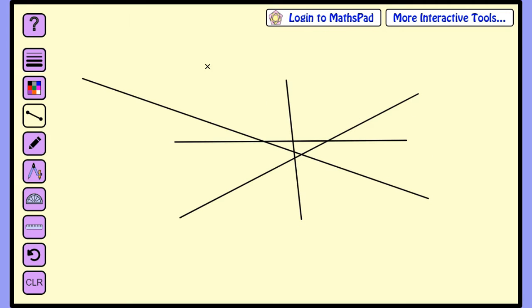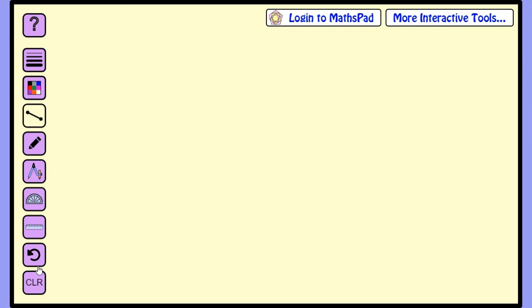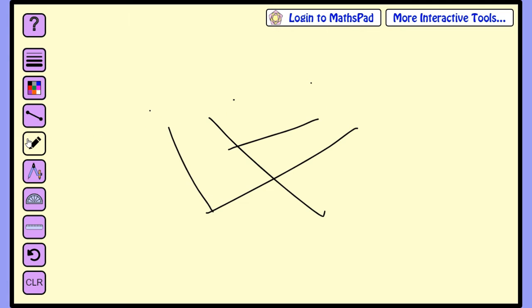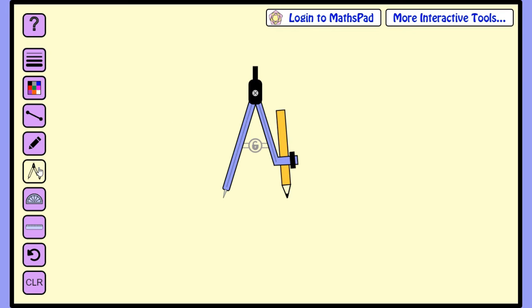As you're able to see, you can draw any line here. So for clearing it, just click on this button. It will clear all of them. For unchoosing it, just click on this and it will be normal. This is the pencil from which you can just put points, draw lines, and whatever you can do.